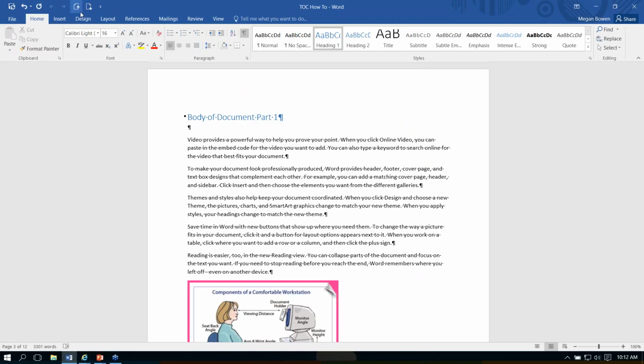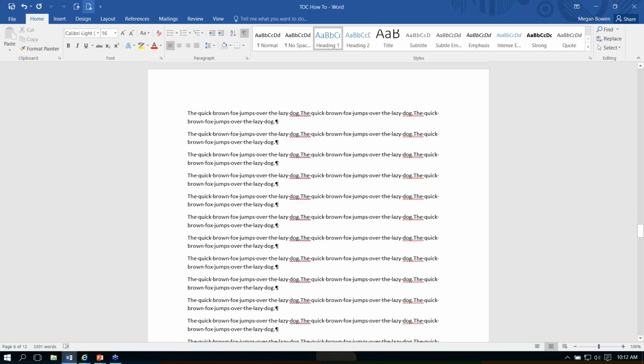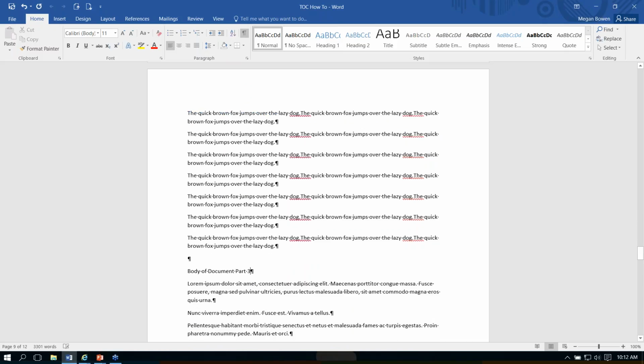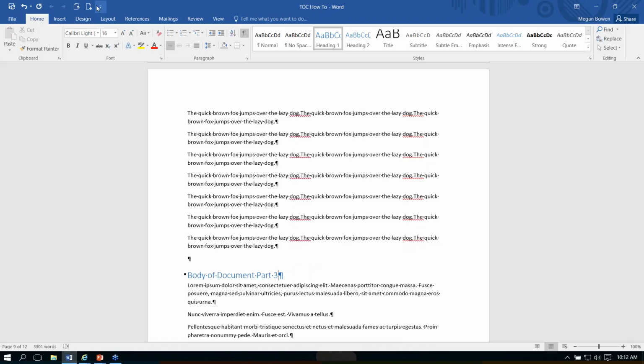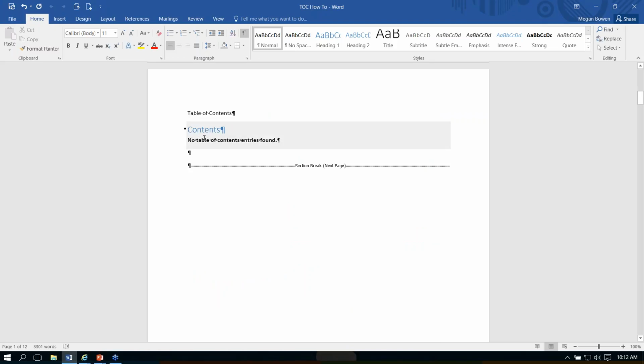So I'm going to make heading 1. I've got a couple other pages in here. There's another one, heading 1. I'm just going to add a few so you can see what it does. And then here's one in the middle of the page. We'll add that one. We're going to go back to our home page, and then go back to table of